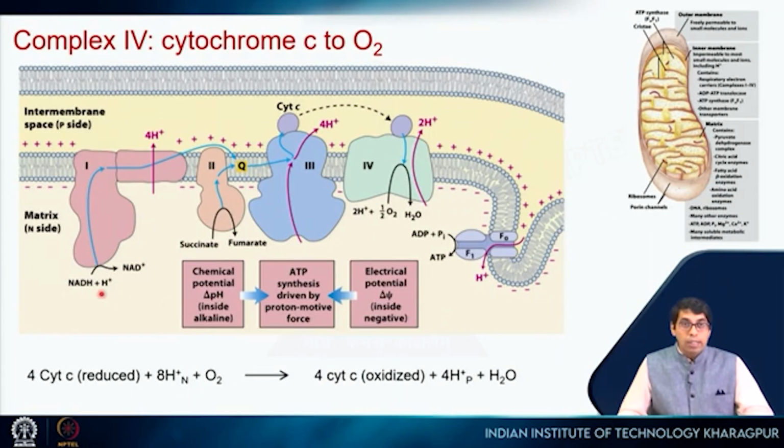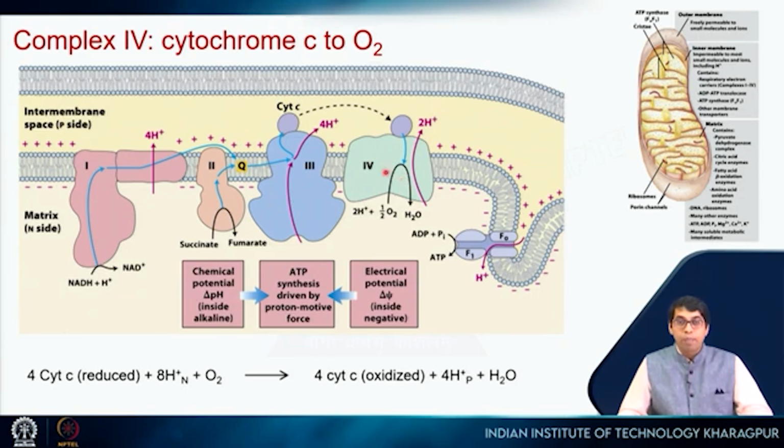So for each electron that is transferred from here to here, here to here and finally here to oxygen, right? So the electrons are coming from NADH to oxygen, right? So for each pair of electrons going from NADH to oxygen, 4 protons are pumped out by complex 1, 4 by complex 3 and 2 by complex 4,